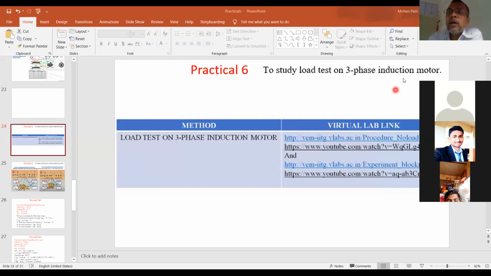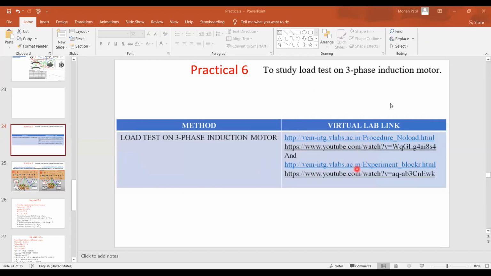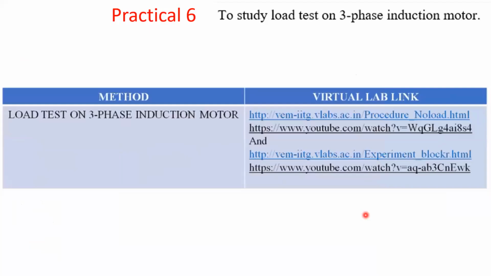I have given you the virtual lab link from VLabs, from IIT Guwahati. Both these practicals we have taken from IIT Guwahati: the load test on three-phase induction motor. These are the links. If you put this in your browser, you will be able to get the particular VLab link. We'll see that after this.